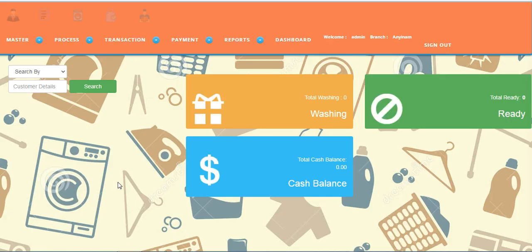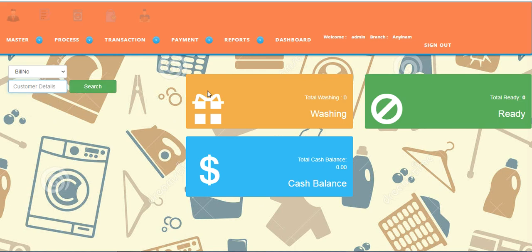So here you have a shortcut to search based on the customer ID, customer name, bill number, mobile number. If a customer comes and asks about a particular status of his bill, you can search by his name or mobile number or bill number, and you can select the category type, and you can enter the bill number. You can search, you can see what is the status of the particular bill, whether it has been completed washing, it is ready for delivery, something like that.